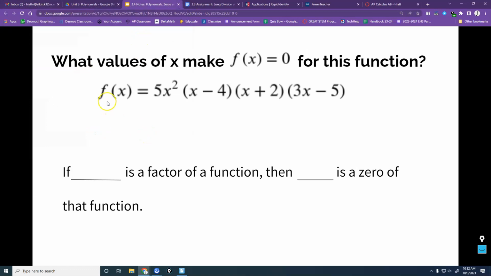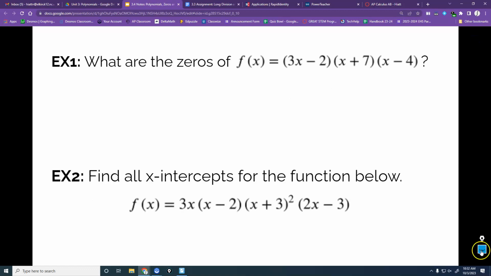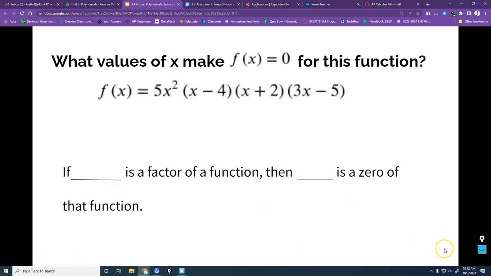So I need us to think about for a second, just no Desmos, just thinking about this. What numbers could we plug into this that would give us 0? Okay, I heard 1. Okay, if I plug in 0,